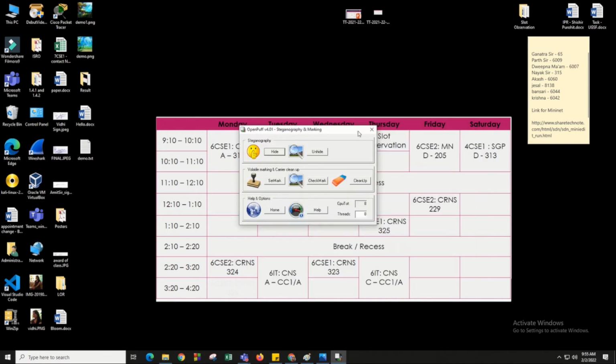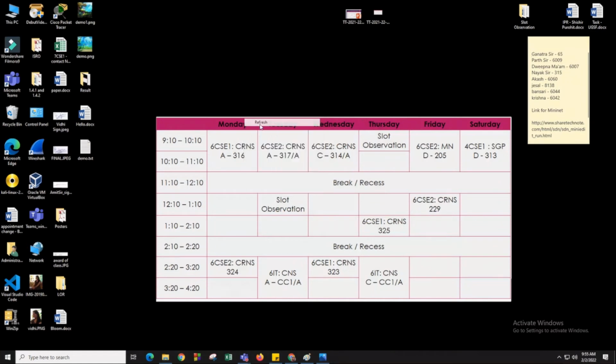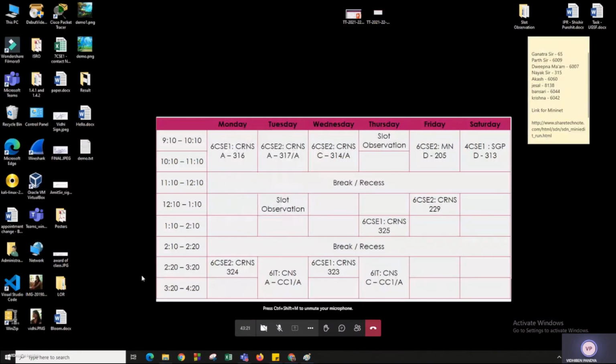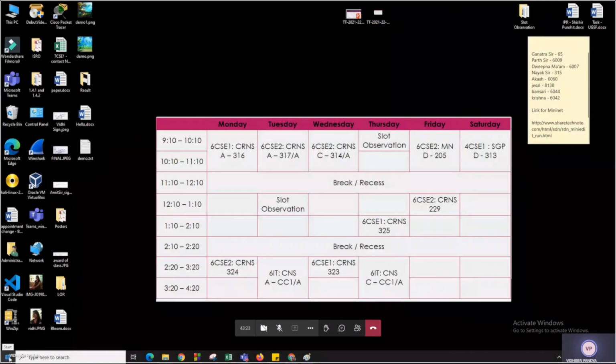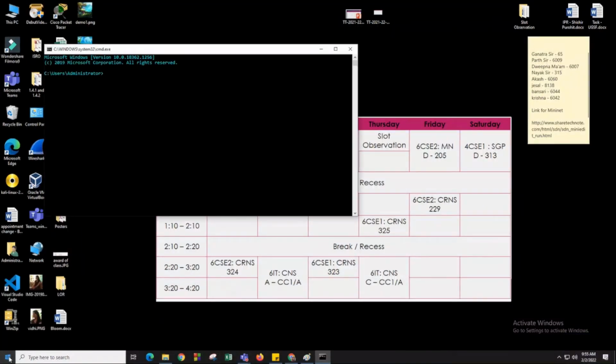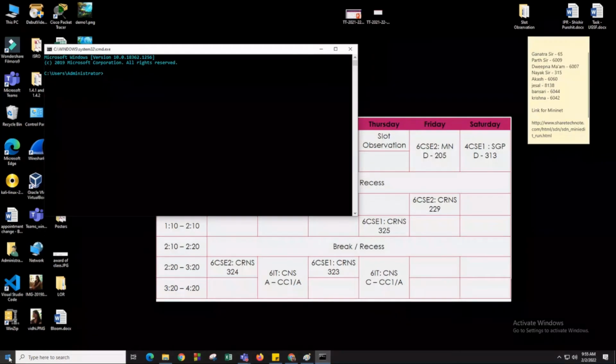So this was your practical. I guess in your practical file it is also mentioned that we are going to use some DOS commands, right? For DOS commands, you just need to open your CMD command prompt, and in that you need to write the command.